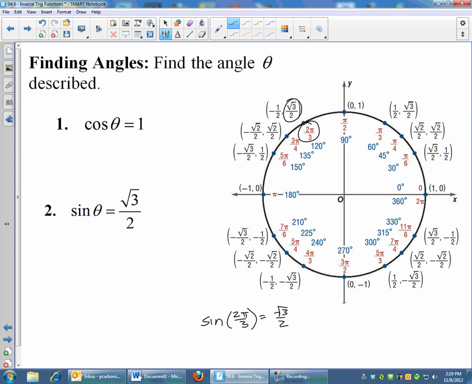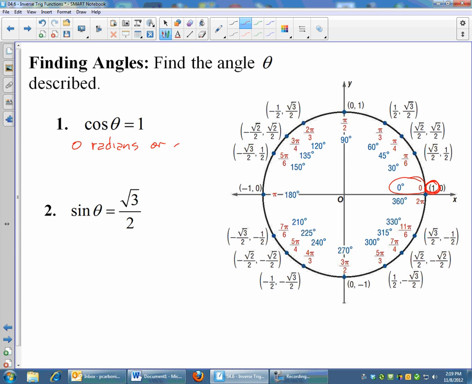With inverse trig, what we're going to do is actually go backwards. I'm going to give you the coordinates for the sine or cosine value, and you have to tell me the angle where that value is found. So we're going to go in the exact opposite direction, and that's what we're looking at here with cosine of theta equals 1. I'm asking at what angle is cosine equal to 1. Cosine is the x-coordinate, so I see an x-coordinate of 1 right here, and that happens at an angle of, you could either say 0 radians,